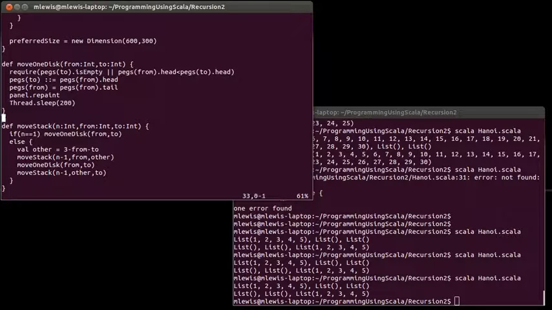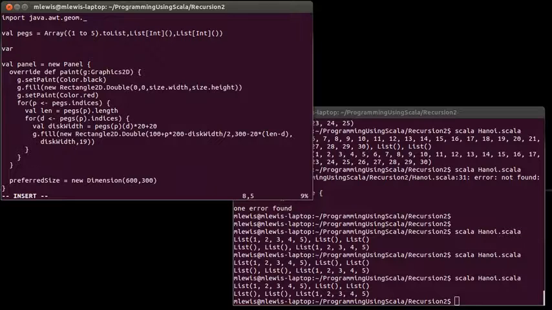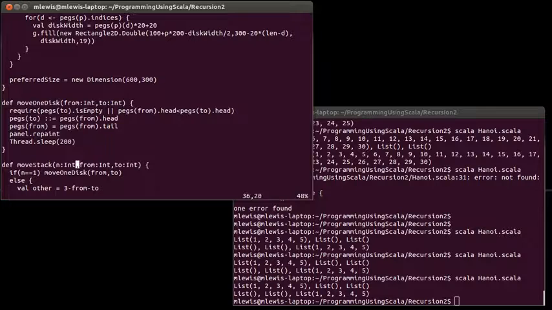And so to do that, what we could do up here is define some vars. The highlight peg, I'm going to start off at 0. It turns out we're going to reset it every time before we